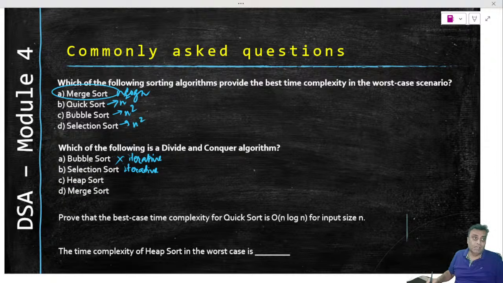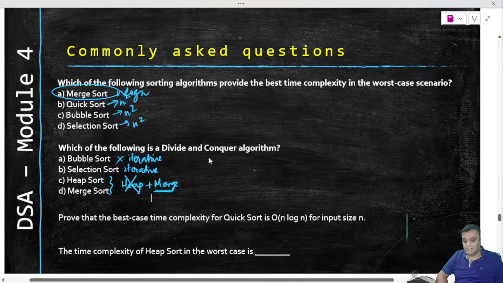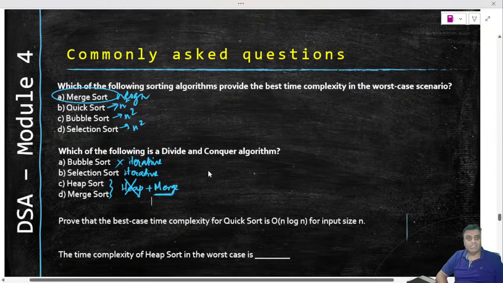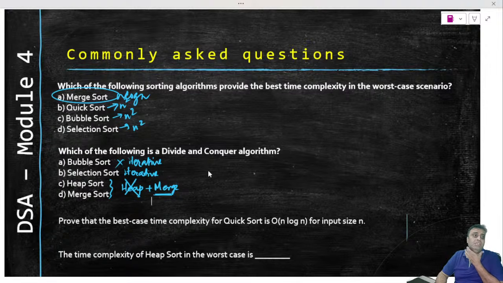So there is a way to probably do heap sort in both the mechanisms. So if the question says that both answers are possible, then you can write heap plus merge. If it says only one answer is possible, then you will eliminate heap, because heap can be done both ways, and merge is the only way in which you can do divide and conquer. By the way, the heap sort algorithm never comes, so I have not discussed the algorithm of heap sort. But if it comes, please utilize your brains and just write some English statements as steps. I'm sure it will be easier in an iterative manner for you to do it.